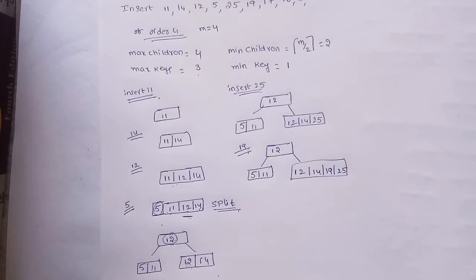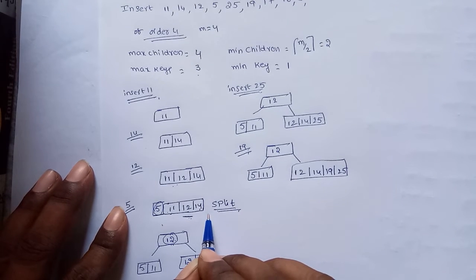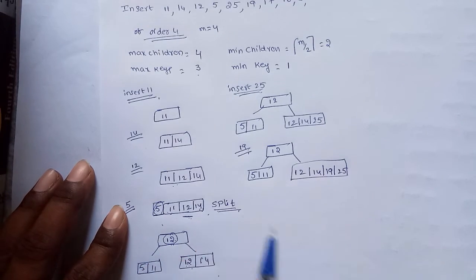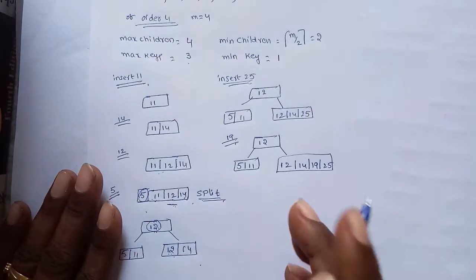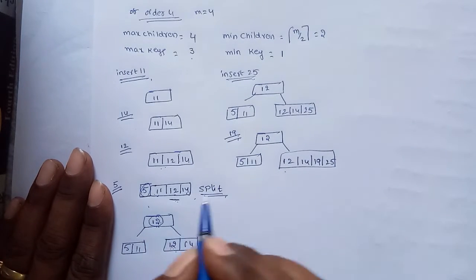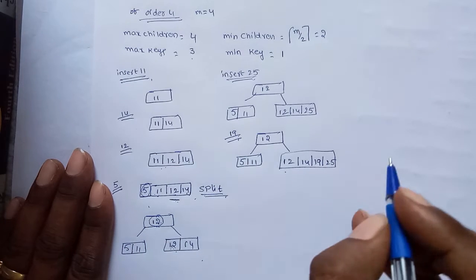So in insertion we have only two cases. The first case is split of data node. The second one is split of index node. So we have only one level. I perform the split operation on the data node. So see this one. It violates the property. In the previous case, I performed right biased. Remember, throughout the program, we are performing right biased.